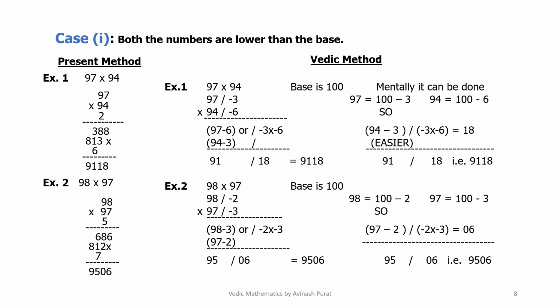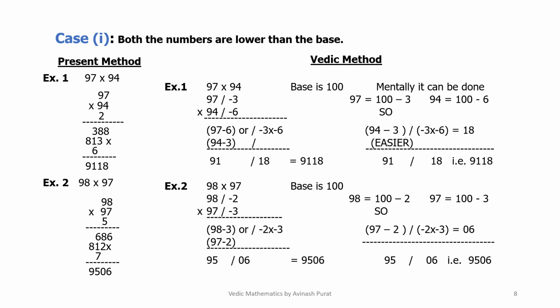Then multiplication by 9: 9 into 7 is 63, 3 is taken down and 6 is put below the first tens figure, and 9 into 9 is 81. So the total is